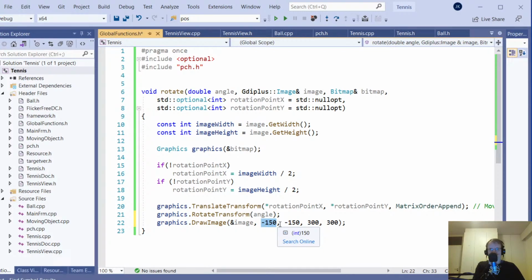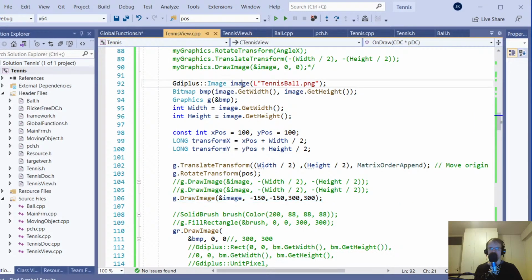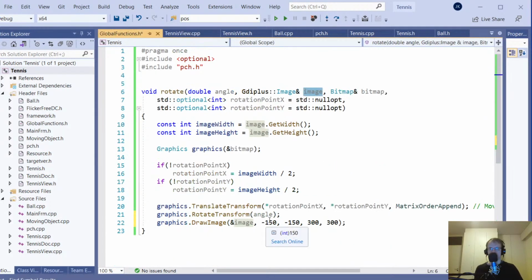Draw image. The image contains the ball, and we're gonna rotate it. We're gonna draw it there. Yeah, I think it's